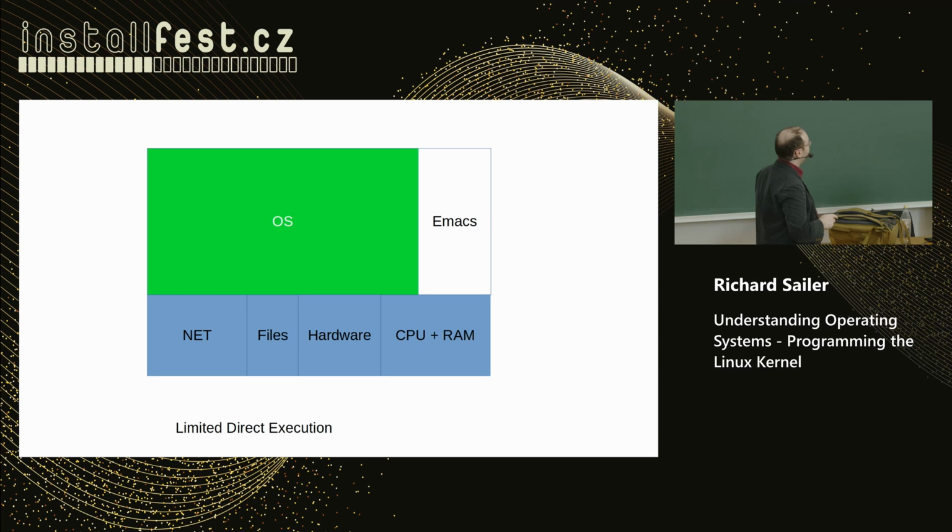And only if your program needs something that requires a bit more privileges or some of these special services, it will have to ask the operating system. So if it wants to open a file, it has to ask. If it wants to write to a file, read, and also if it wants to do network stuff. But the whole calculation stuff goes directly, which is pretty nice for performance. It is called limited direct execution.